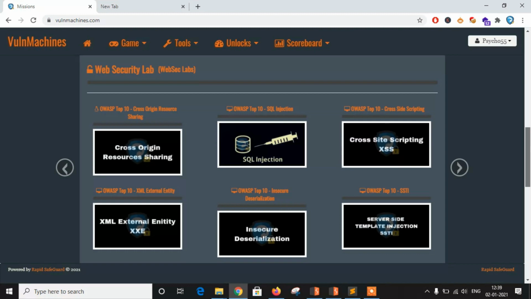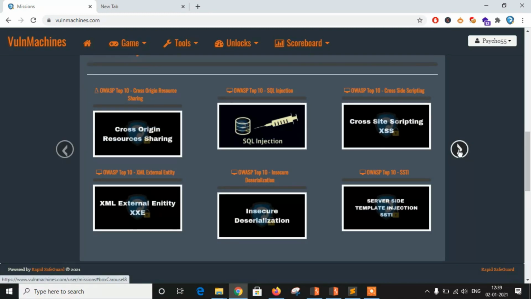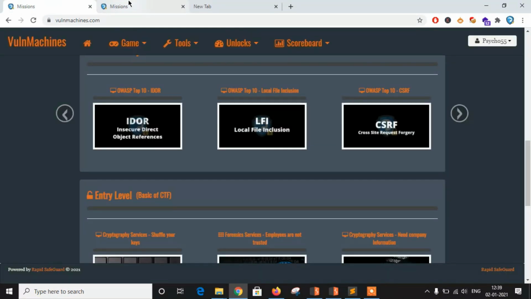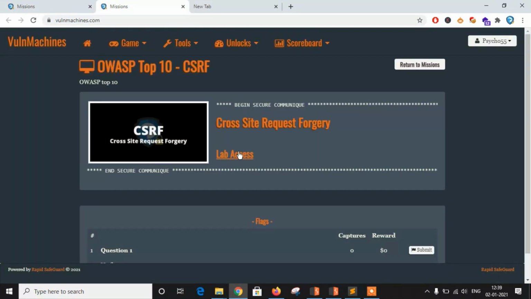Apart from that, you can check the web security lab, where I have created different tasks and labs for web security, for SSTI, insecure deserialization, and many more tasks I am creating right now. Let's click on the CSRF, click on the lab access, and close this platform.